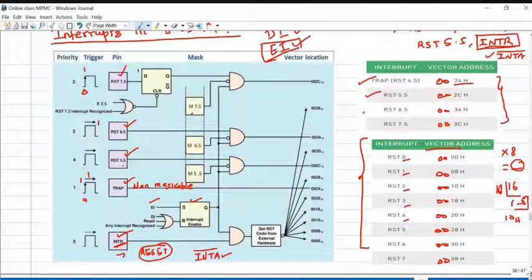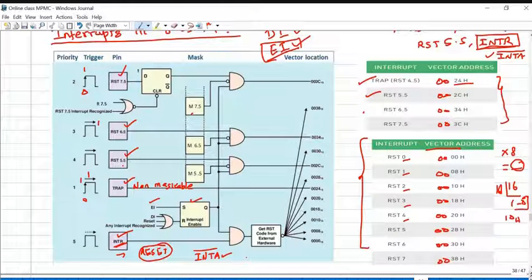In this interrupt structure, TRAP, RST 7.5, 6.5, 5.5 have fixed vector locations. The interrupt service routine for TRAP starts from 24H. The interrupt service routine for 5.5 starts from 2CH and so on. But for INTR, the external hardware sends the address location of the interrupt service routine. What do you mean by interrupt service routine? It's a small set of instructions written in particular memory locations. The starting address of the particular interrupt service routine is mentioned here. But for INTR, the external hardware sends the address locations.